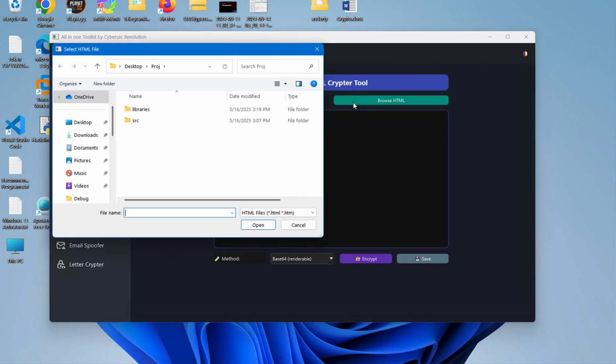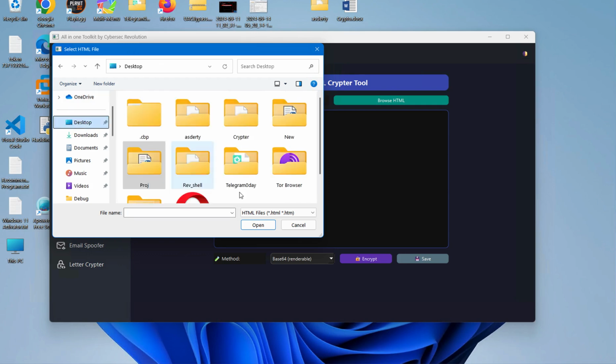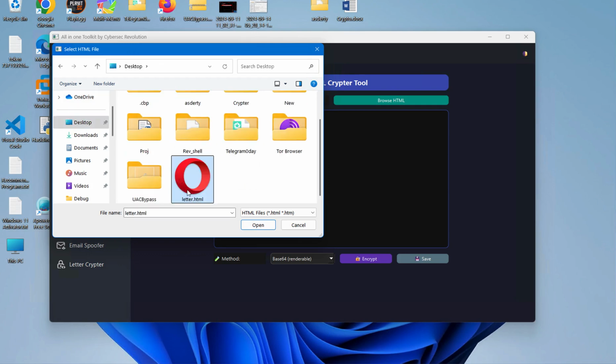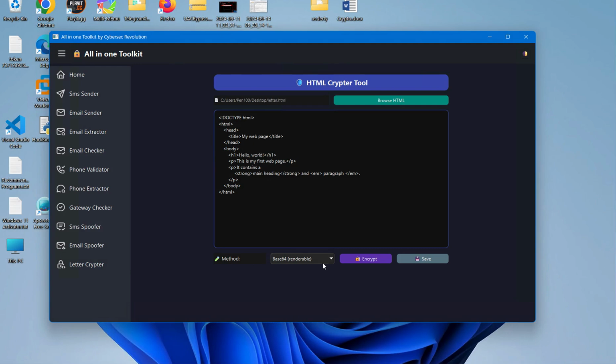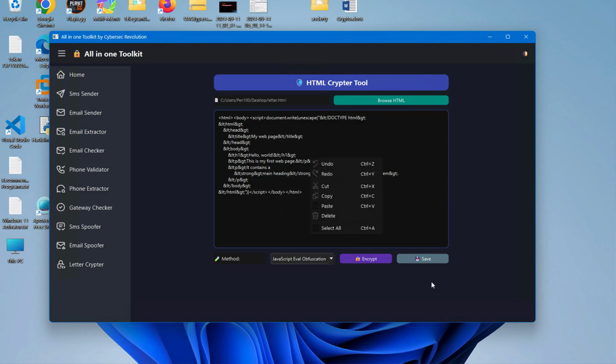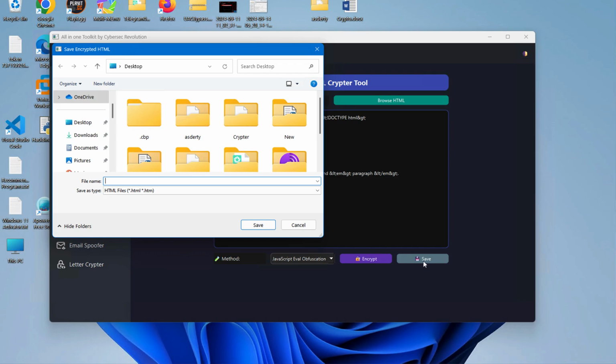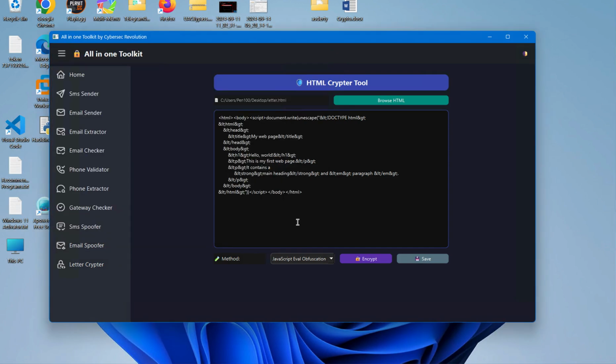So you have to click on browse. Once you click on browse, you have to browse your letter. For example, this is my letter. I will click on open. You can choose the method. I will use JavaScript eval obfuscation. I will add some more methods as well. If I click on encrypt, you can see here the letter has been successfully encrypted, and then you can save it. If I click on save, you can choose an output. Okay, so this was the last feature